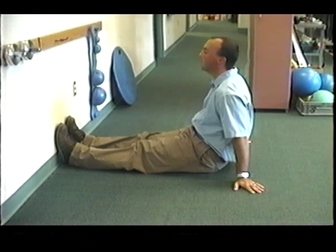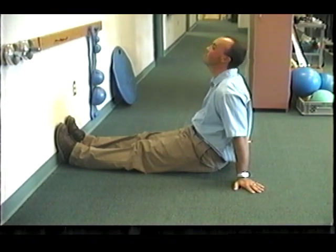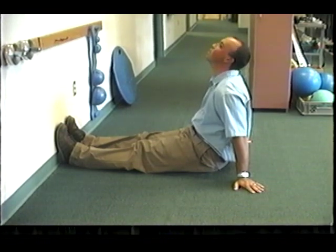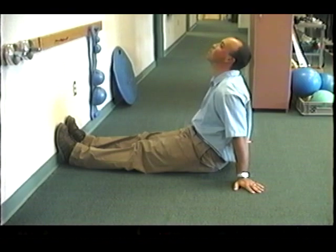Nothing right now. We've been using this for a while. It feels just like a relaxing underneath my legs by my hamstrings. Okay. We've been using this technique in the clinic for patients with supposedly tight hamstrings, and also been using it